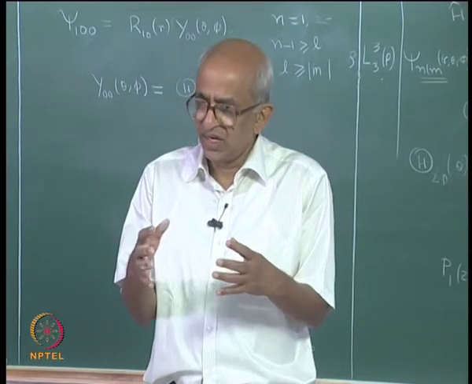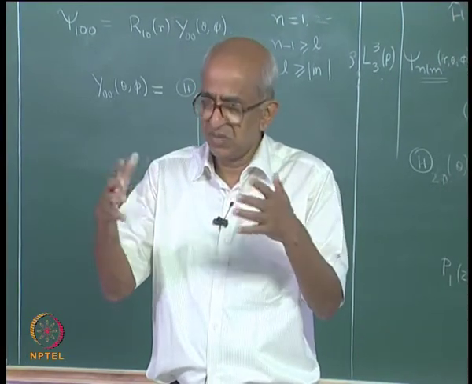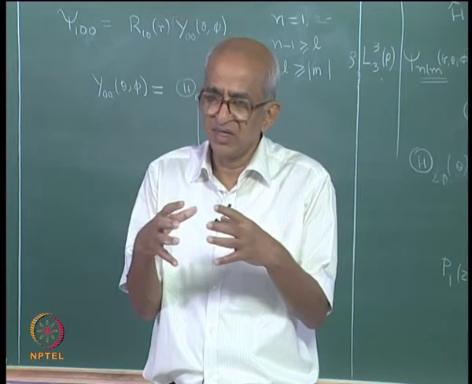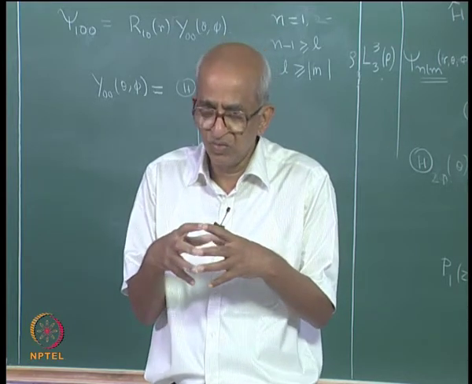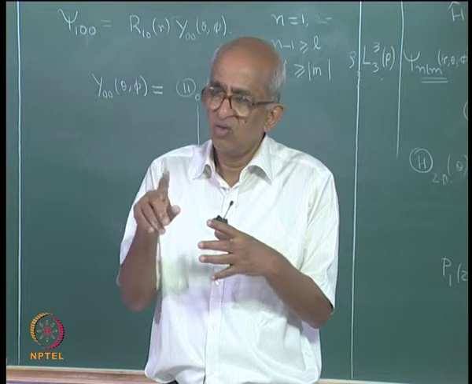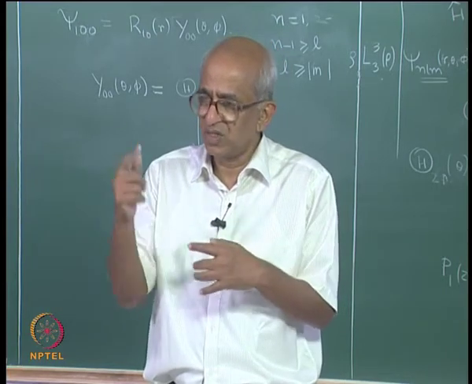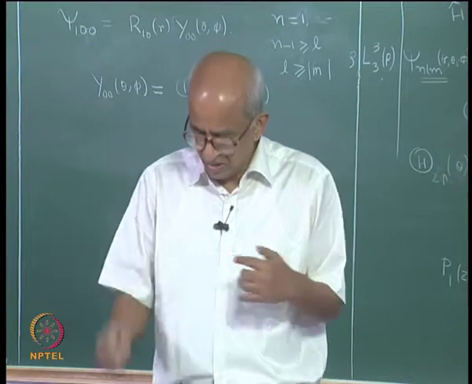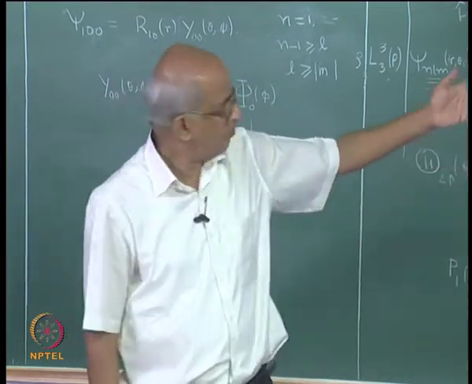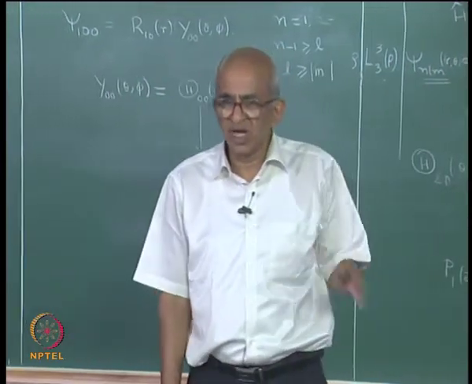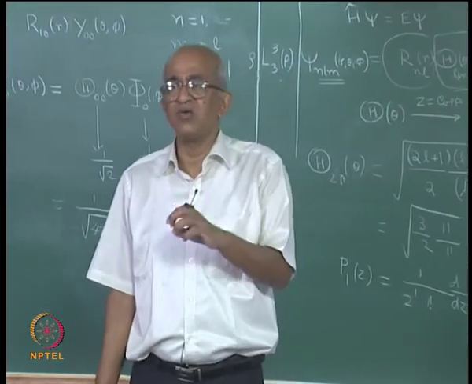If you remember, I said the treatment that I am going to give you is valid even if the nuclear charge is 2 positive charges or 3 positive charges or any number of positive charges, but only 1 electron. And this equation is valid for any value of the nuclear charge,